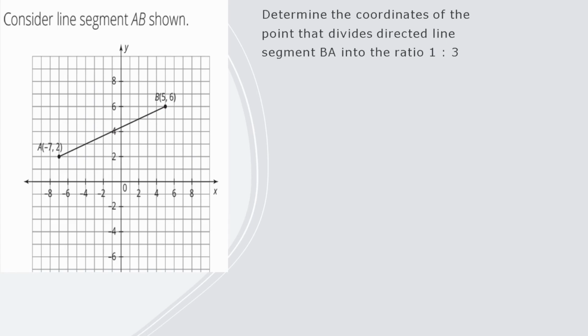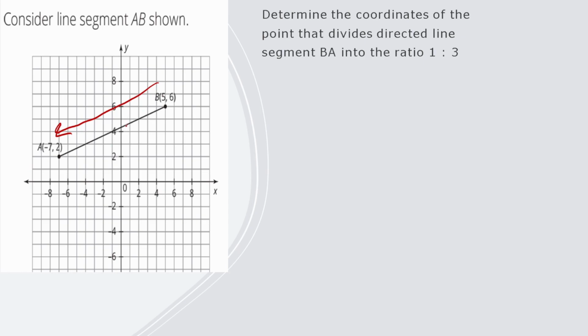Next up, it says consider the line segment AB shown. We have that line segment in our graph. Now, this is switching up what we're doing. It's our last topic of this module that we went over, dividing segments into ratios, right? So it says determine the coordinates of the point that divides directed line segment BA into the ratio 1, 3. So we're going this way. One thing to know about ratios is when we have ratios set up like this, that means we really have to divide this line into 4 parts. That's what we're trying to think of here, right? So we're dividing the line into